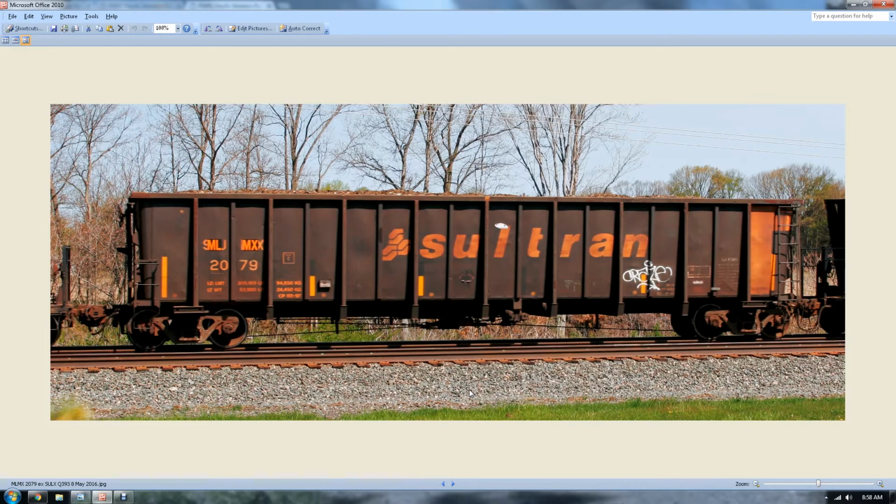You can see it's a scrap car now, originally lettered for Sultran, and now apparently they've been sold and they're re-lettered for MLMX. Kind of hard to read. They just kind of slapped it right over the SULX lettering, kept the same road numbers, it looks like. So, with this car, I thought I knew what the prototype might be. It turns out,